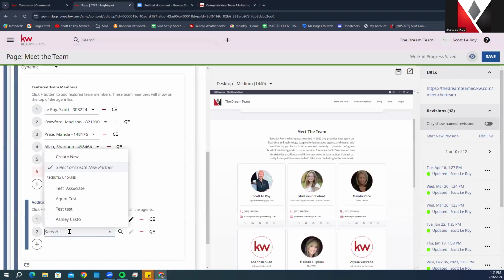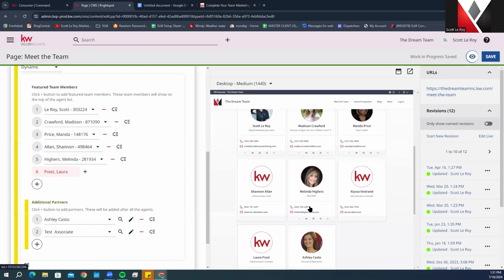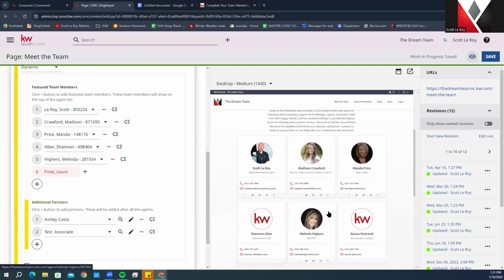Once you have set that person up, you are able to go ahead and re-click on the search and then click on their name that you put in here. As you can see,